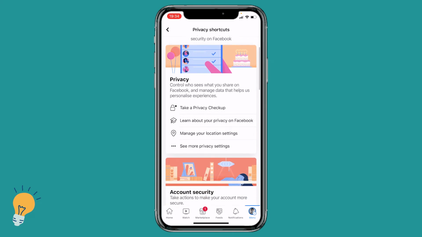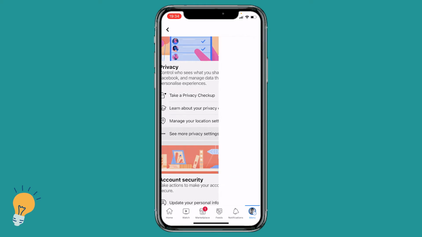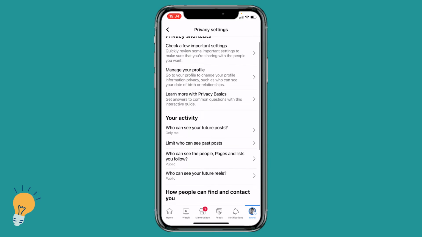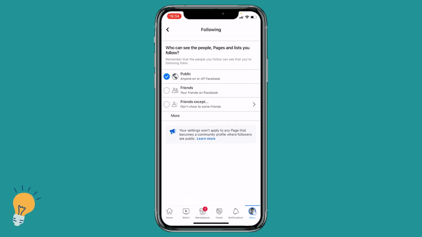And here it says privacy. We see more privacy settings. We click on that. We scroll down and we see who can see the people, pages and lists you follow. So we click here and now we have 3 options. But if we click more, 2 more options appear, and this is basically